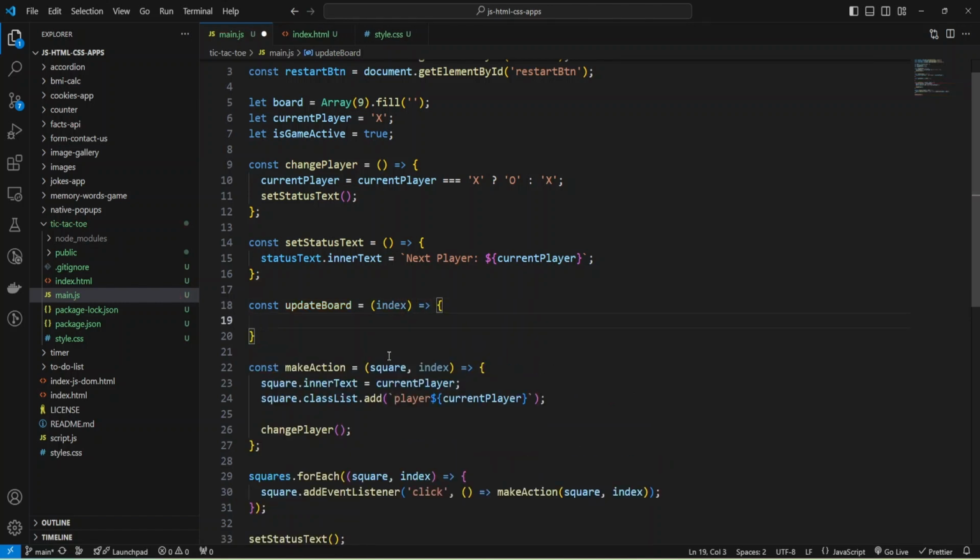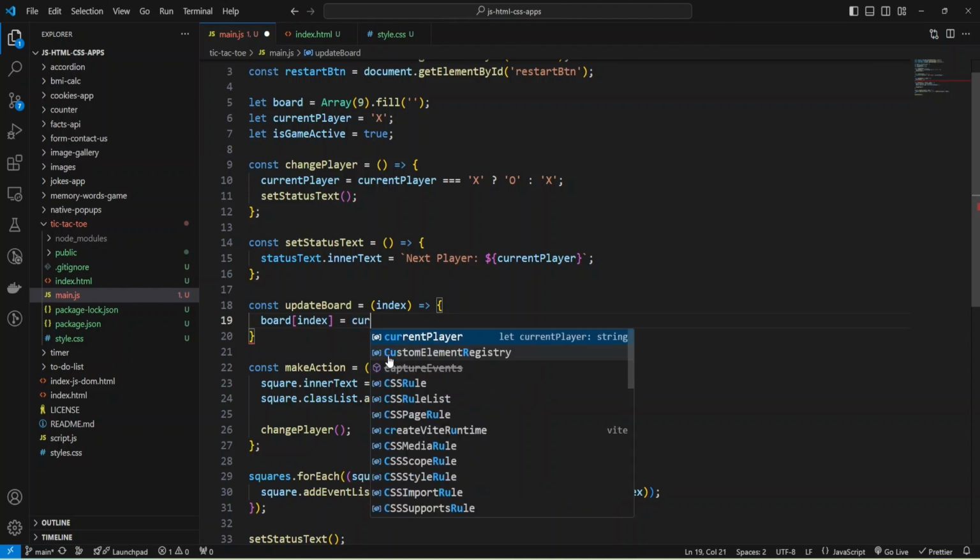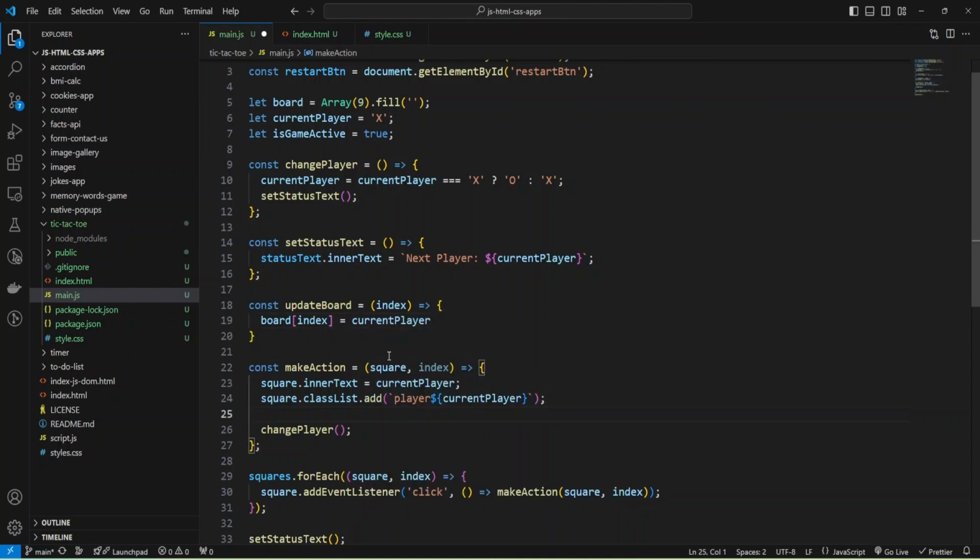And I'm going to just update my board array by index, and set inside element current player, and I need to call my update board function, and now we can calculate winner, and for that we need to create new function.